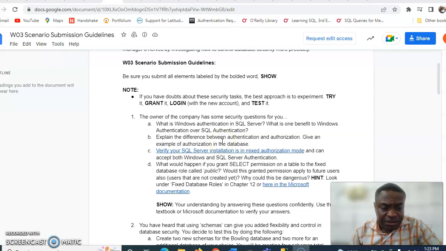The difference between authentication and authorization. Authentication verifies the identity of the user, by the user providing a username and password before he logs in, while authorization focuses on what the user is allowed to access. So that's the difference between authentication and authorization. Then